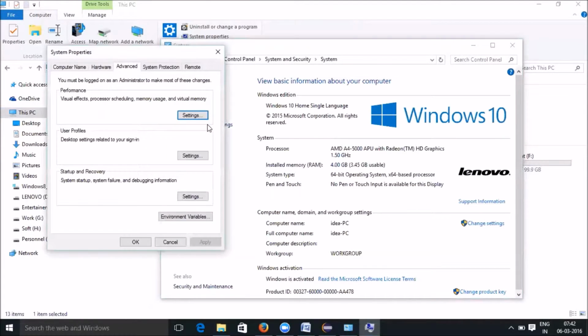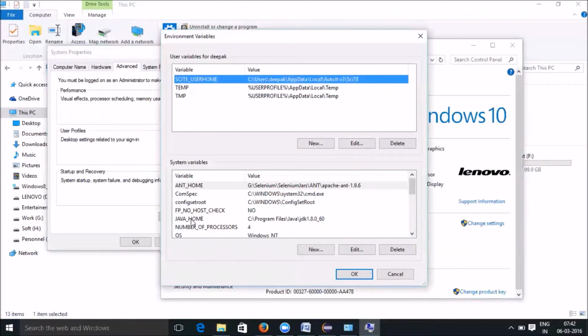Click on this, and again click on environment variables. You can see two things, user variables and system variables. I always recommend you to create the environment variables, whether it is Maven or whatever, under the system variables. So now I'm clicking on the new button under system variables.